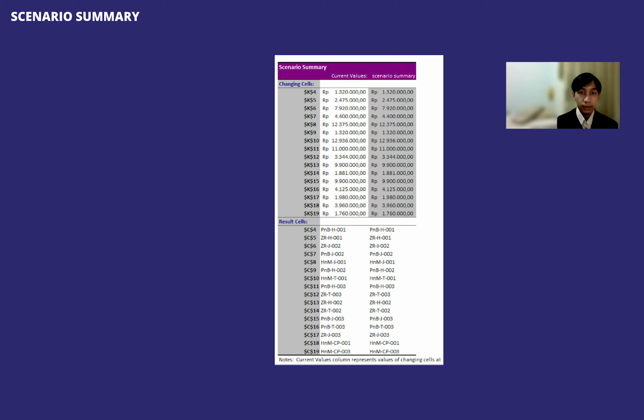Scenario Manager is a data analysis feature that you can use to view the results of several different inputs, so that it can help users see their future scenarios more easily. The application of this explanation can be seen in this table.